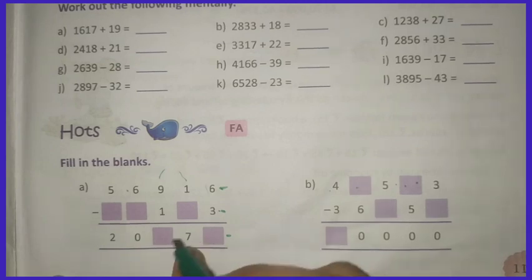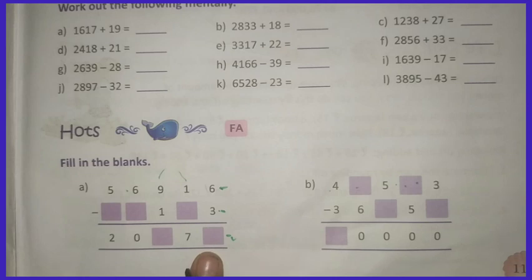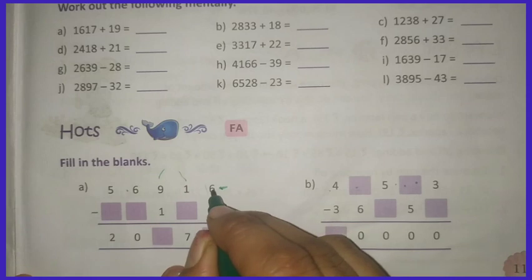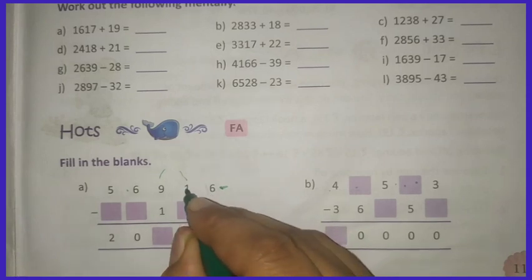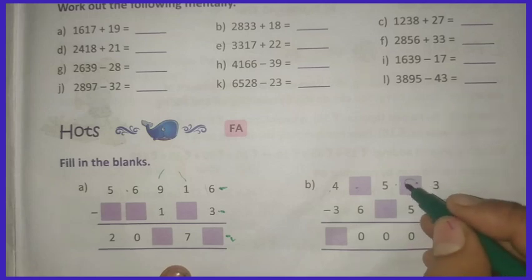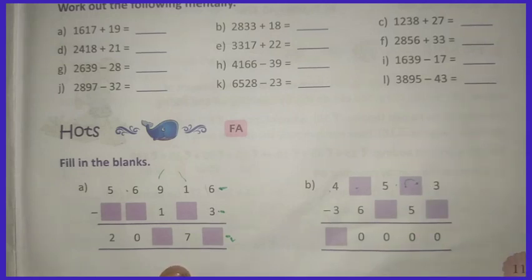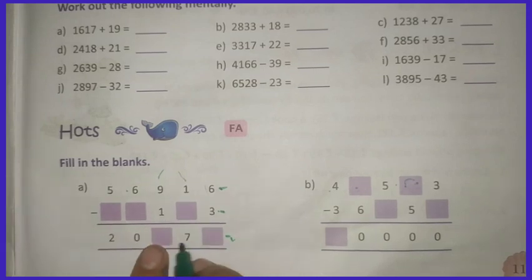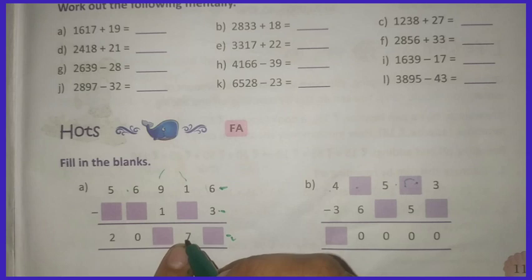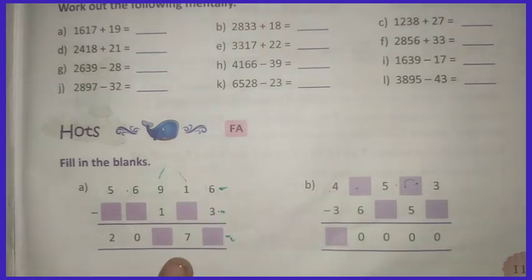Next, if the difference is not given, we will do subtraction. Okay, very easy. If the above box is empty, we will add these two and write here. Here empty is given, so we will add these two and write here. 5 plus 0 is 5, like that. If the smaller number and difference boxes are empty, if they gave it like this, we will do subtraction. If it is unable to subtract, we will take borrow.